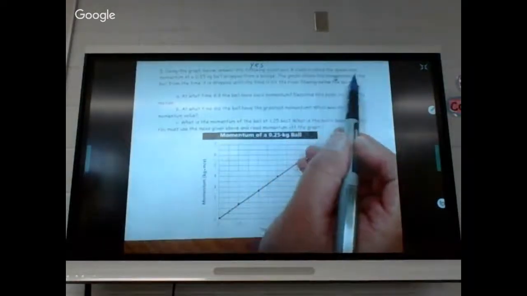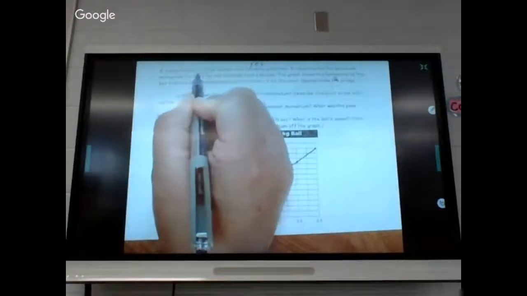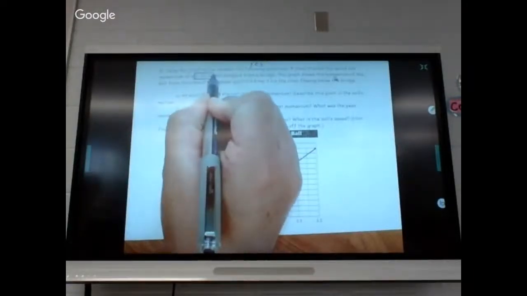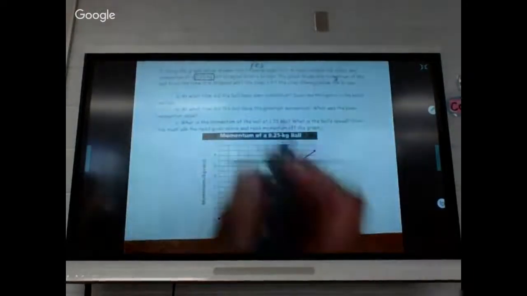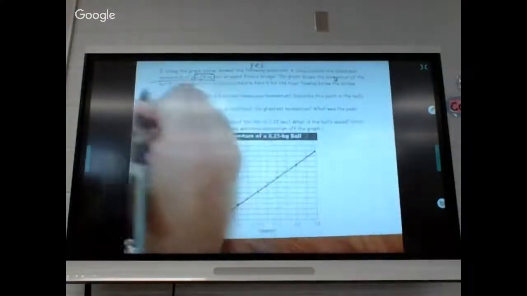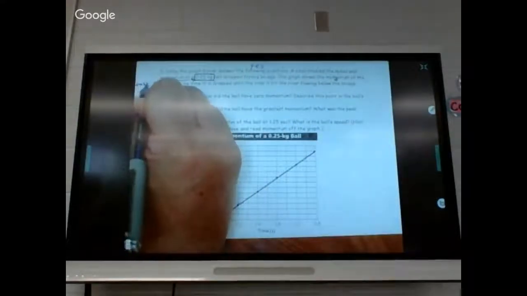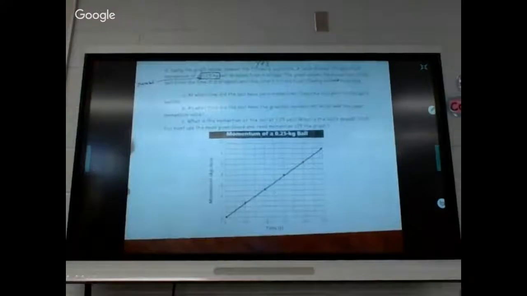A class studied the speed and the momentum of a 0.25 kilogram ball. There is your mass right there. A lot of people miss that they're telling you the mass of the ball right there in that top piece of the question. So when you want to calculate the momentum,